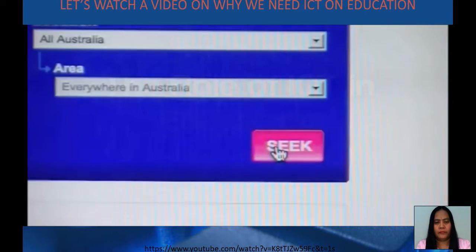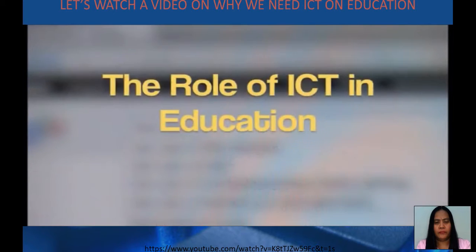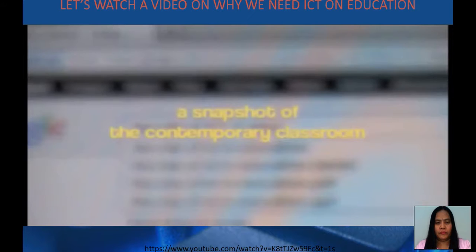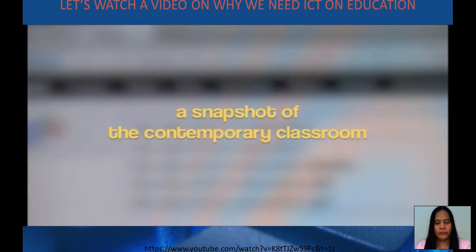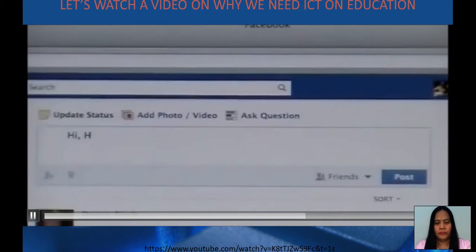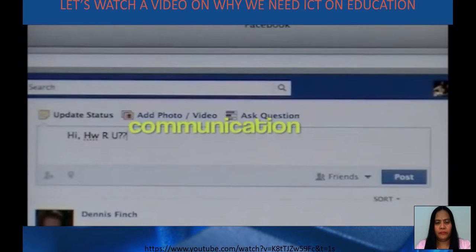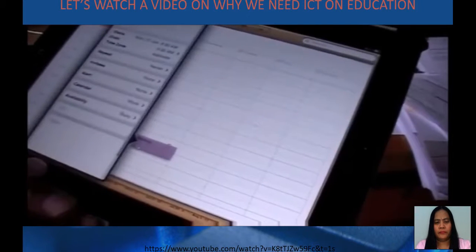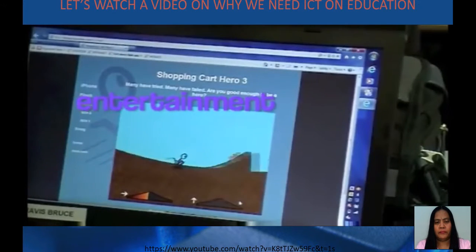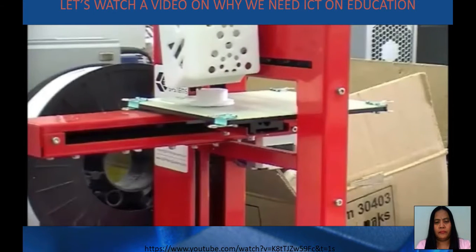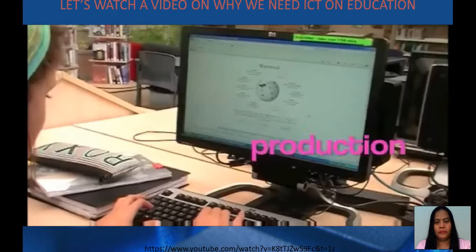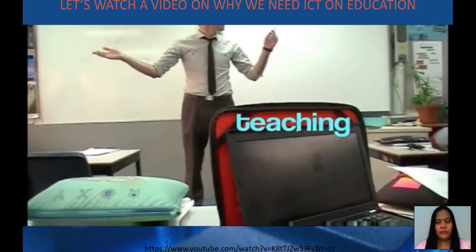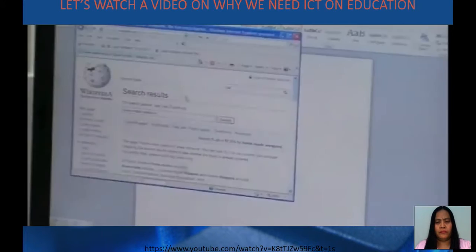With the advent of technology, digital devices are having an increasing effect on the way we communicate, the way we manage ourselves, the way we are entertained, the way we produce, the way we learn, and now our teaching pedagogies. The digital age has accelerated the flow of information. With the invention and enhancement of new technologies, we've also seen a rise in the methods by which information can